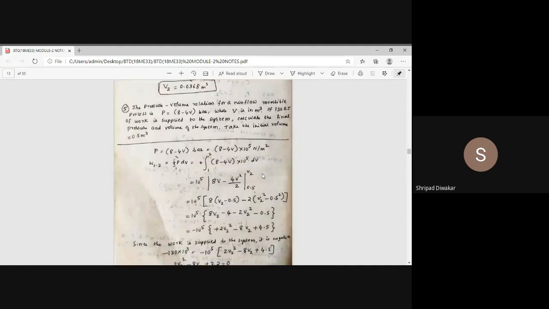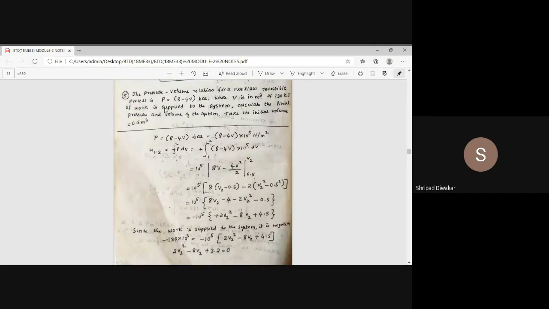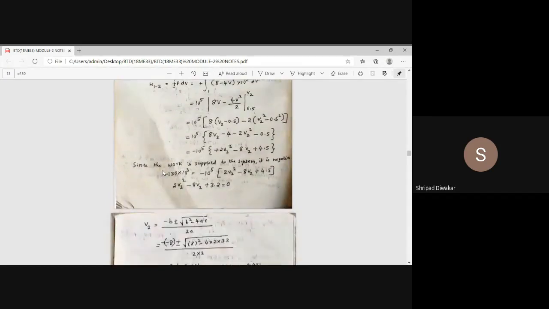Okay, this is one of the important problems. Remember, you have to write the units properly. 10 to the power of 5 you have to take. Another important concept is that it is work done on the system, so you have to write minus in the LHS term. If you write a plus sign, it is wrong and you will not get the correct value. And one more thing: here you are converting bar, and you have to convert work done from kilojoules to joules. You should know how to find the roots of a quadratic equation, get two values, and which value you are going to select. That is most important. Hope you understood this problem.